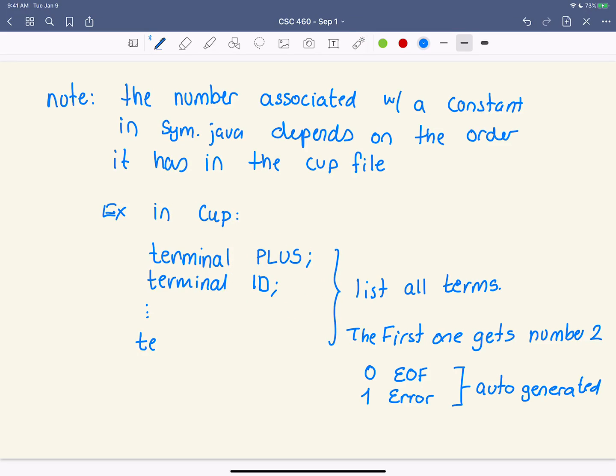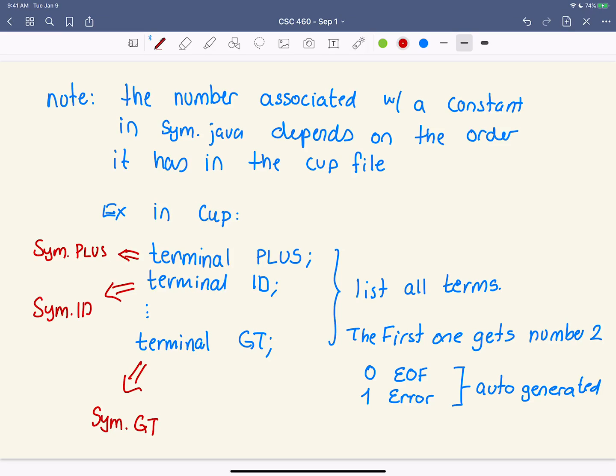So terminal GT will then produce something, so I can say sym.GT, and this one will give me something, so I can say sym.ID, and this gives me something that I can say sym.PLUS with. So we could use whatever names we want. I think we should use the same names.